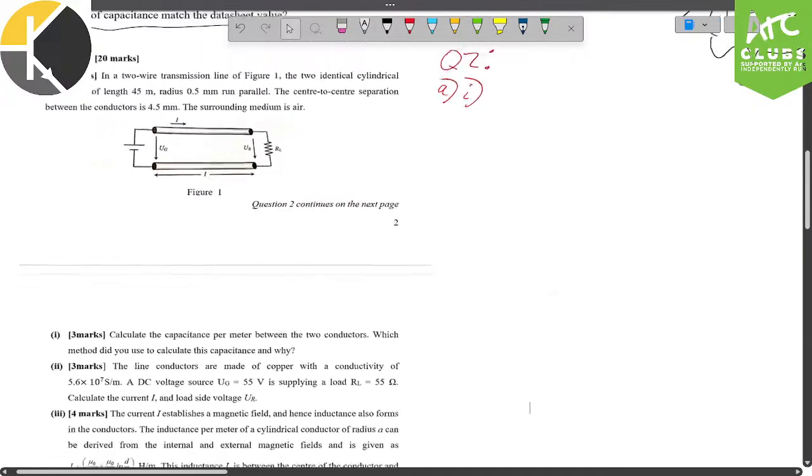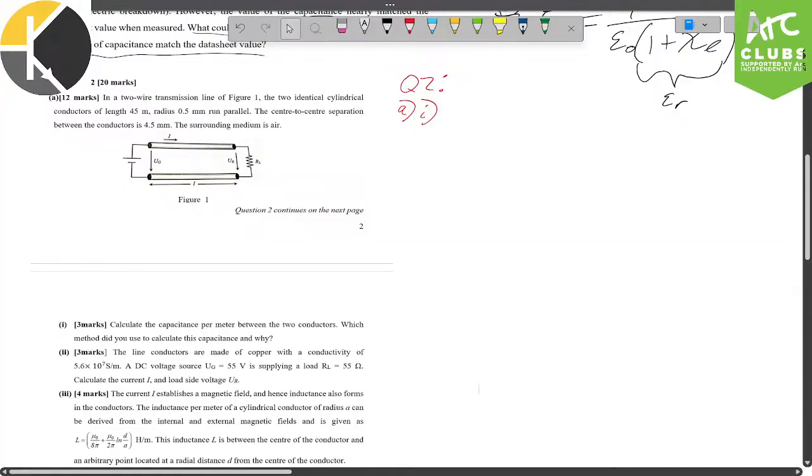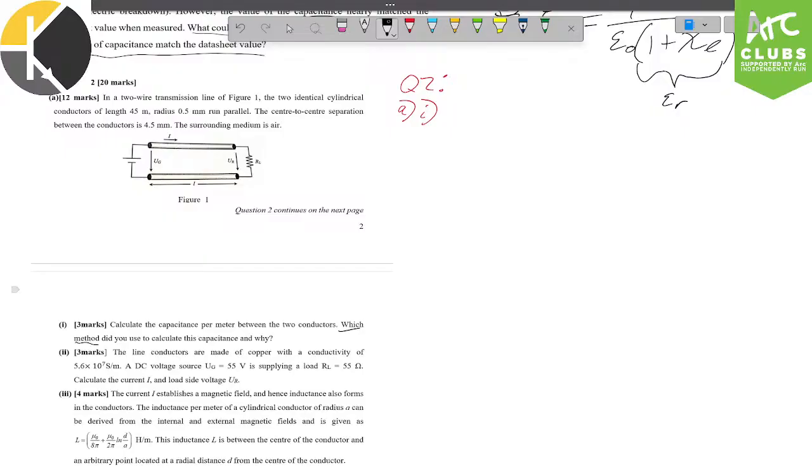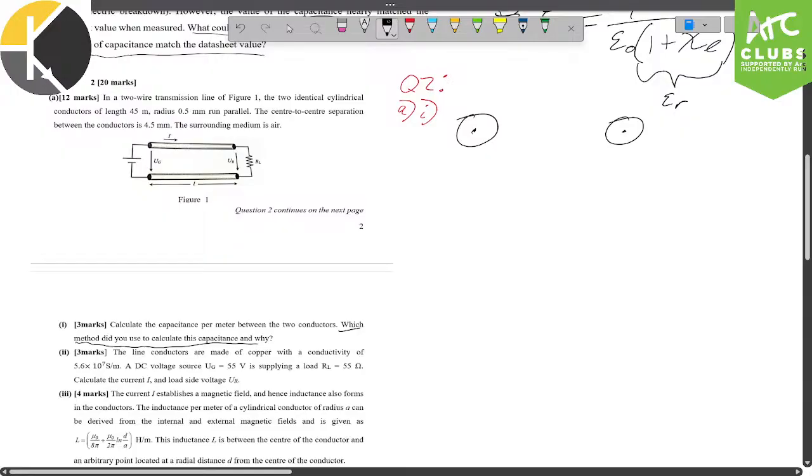Now, this is a deceptively hard question. The reason being that there are like 3 different ways you can try and approximate the capacitance for this question. Now, typically whenever it says which method did you use to calculate it and why, they really want you to use method of images. For any time, anywhere, they want you to do that. Now, I suffered a little bit on this question as I was preparing, and essentially the idea is, can you just go ahead and say that, okay, given these 2 centers of the